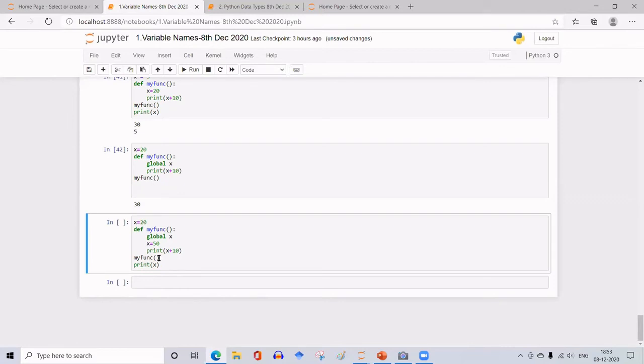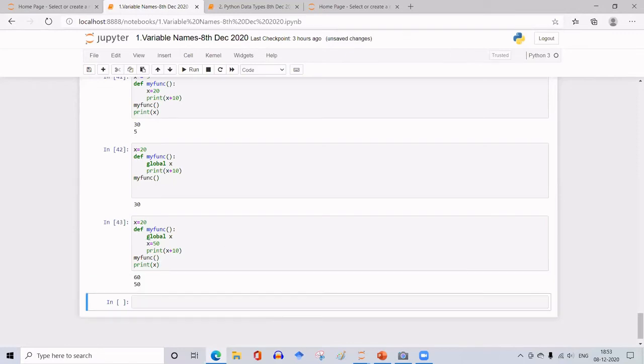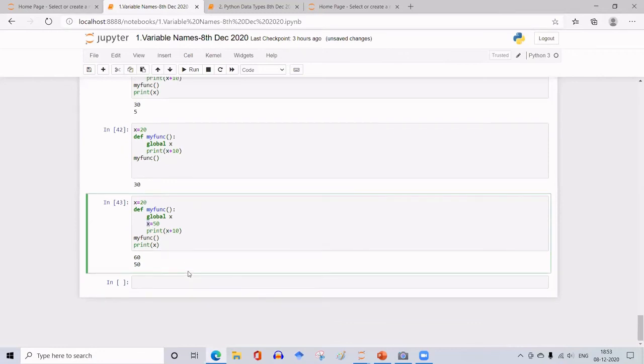And when I come out of that, what is the value of this my func calculated in this part of the code, and what is the value of print x? With this it is definitely going to be 20, but here it has to be 50 plus 10, 60. Okay. So here, even though x is global, I have written as global. Since I am assigning a different value within this function definition, this x is treated as a local, and whatever happens within this, it will take the value for x as 50, not as 20. Okay, that is about variables.